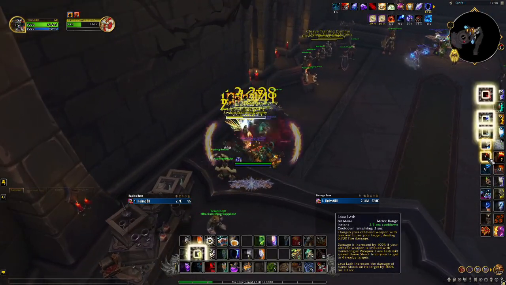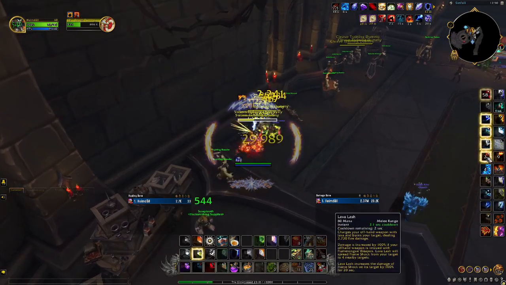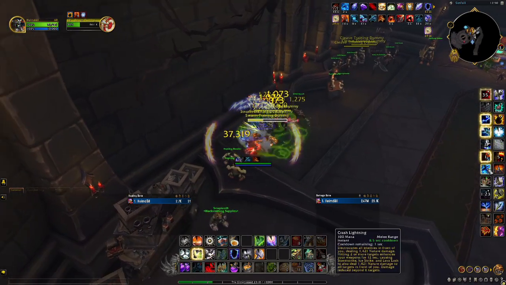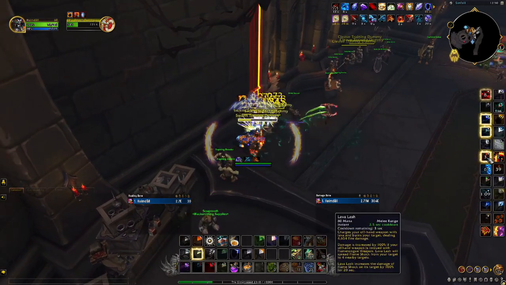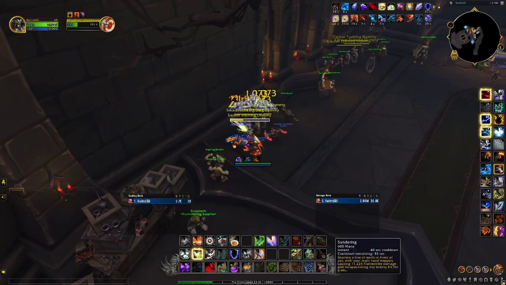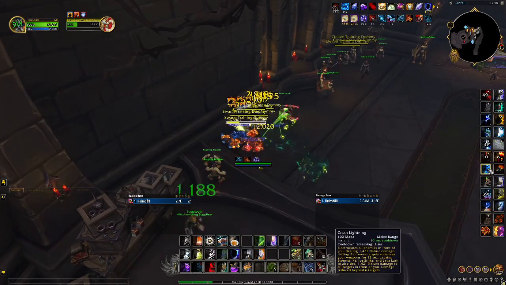Oh, Crash Lightning again, Lava Lash, Chain Harvest, Fire Nova, Lava Lash, and Storm Strike here, call the wolves out, make sure you Lava Lash again, Crash Lightning, Lava Lash, hit him with this one, the filler of a Sundering, yeah. Fire Nova, Crash Lightning, got the Chain Harvest, probably should hit that first though, probably should hit Crash Lightning